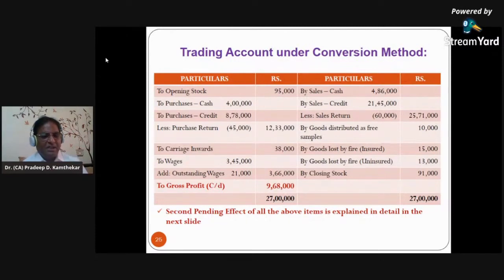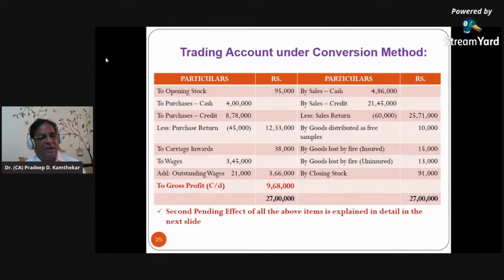Purchases in cash. Now this cash purchases means payment must have been made in cash. So cash must have gone out. You know, cash is a real account. So credit what goes out. So when you are making cash payment, cash is going out. So cash is to be credited. That is the reason why this debit of cash purchases here will have its second effect on the credit side of your cash and bank account. So two effects of cash purchases: trading account debit side and cash and bank credit side.